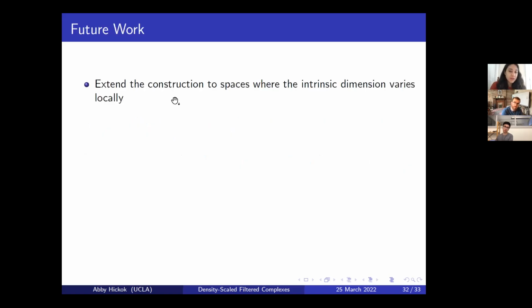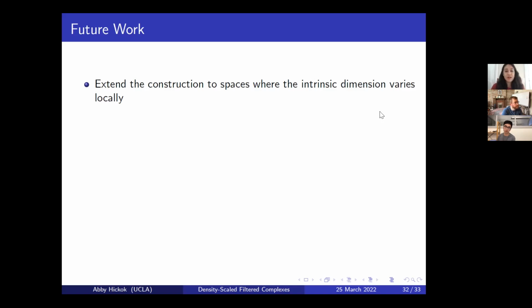For future work, I think the most obvious next step is to extend this construction to spaces where the intrinsic dimension is varying locally. A simple example of this would be if I have the union of two manifolds of different dimensions, or even maybe your point cloud really is sampled from one manifold, but your dimension estimate is varying across the space, right? Because dimension estimation is very noisy. And